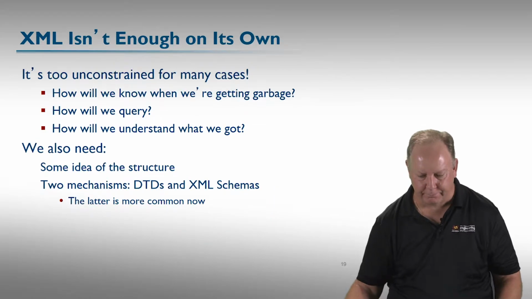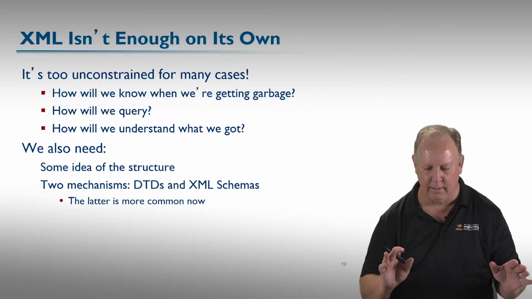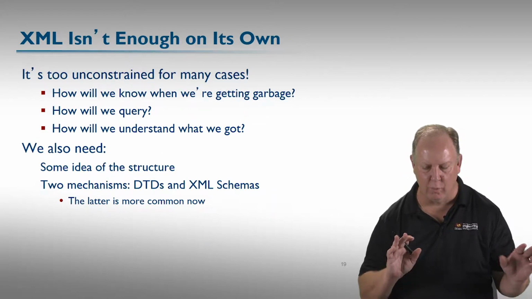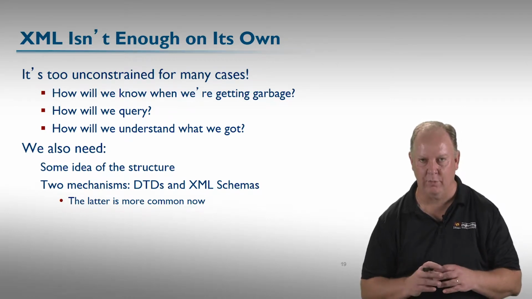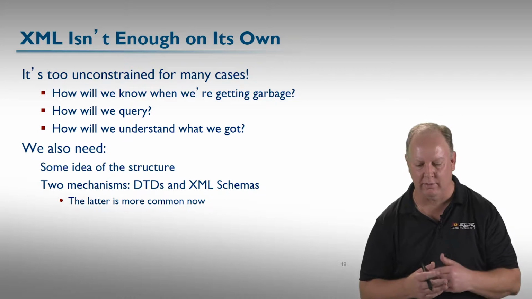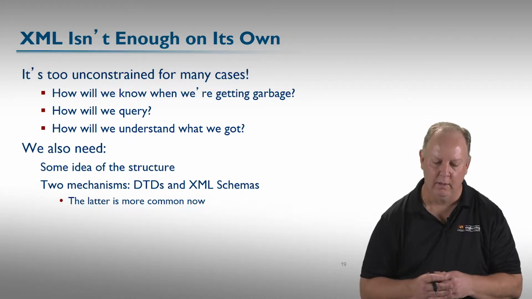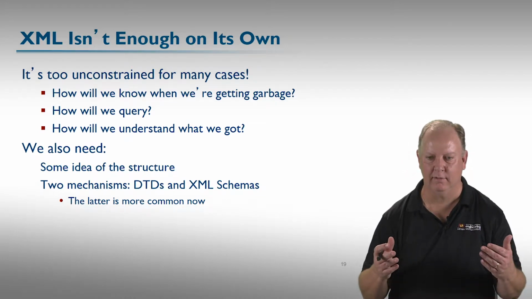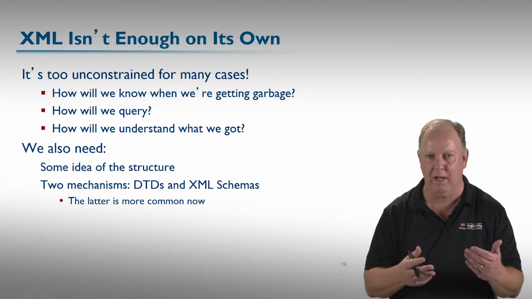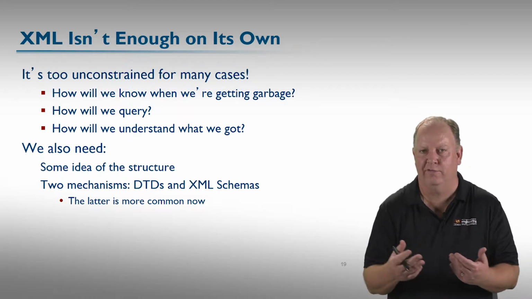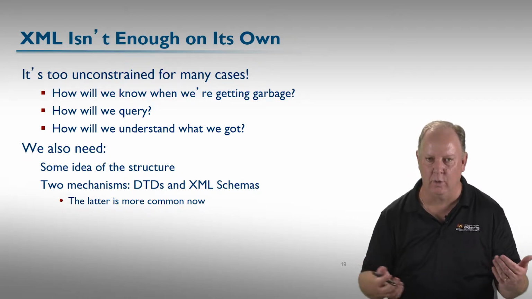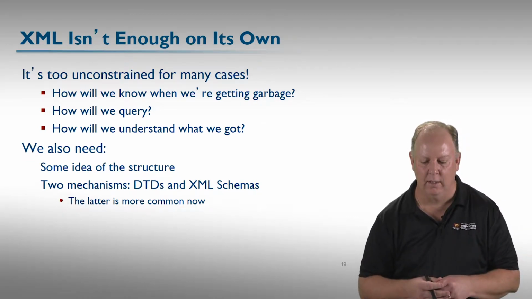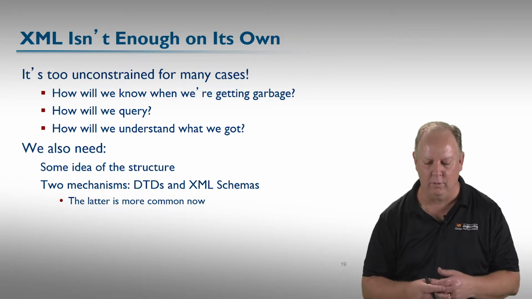But by itself, we have more cases than that. We have rich data that we want to handle. We have further and deeper structures. We may have XML documents that are garbage. Just because they're well formed, how do we know they're giving us meaningful and useful information? How do we go ahead and query them and get data out of them? How do you basically know what the semantics of the document are that you're getting in XML?